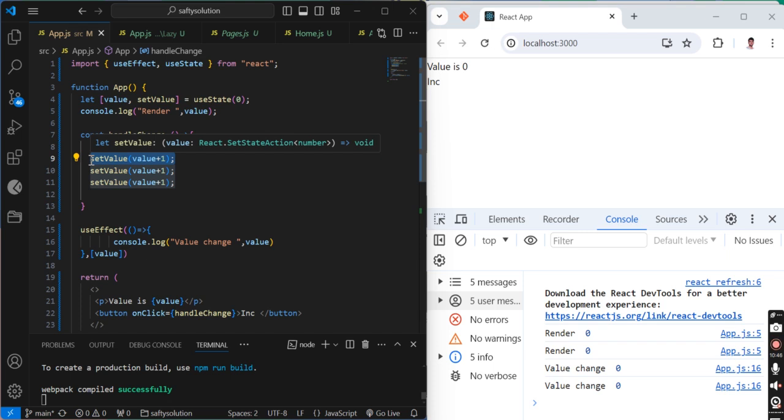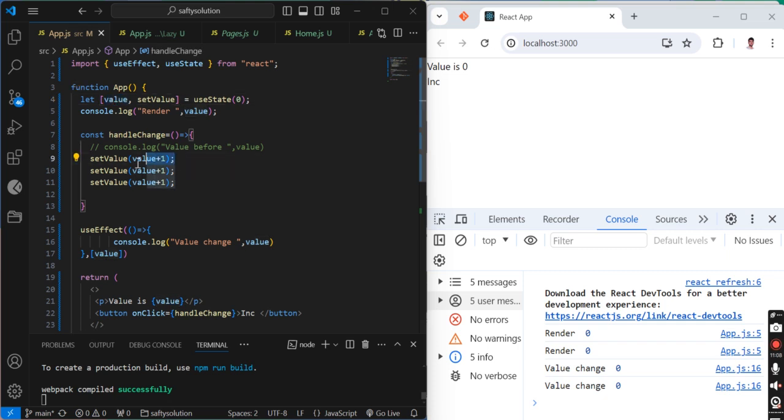Instead, it remembers what it has to set the value to at the next re-render.